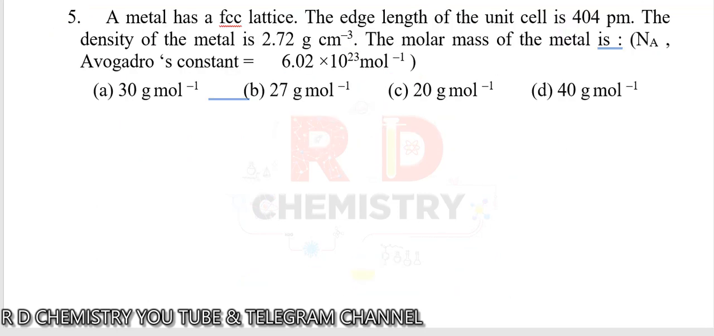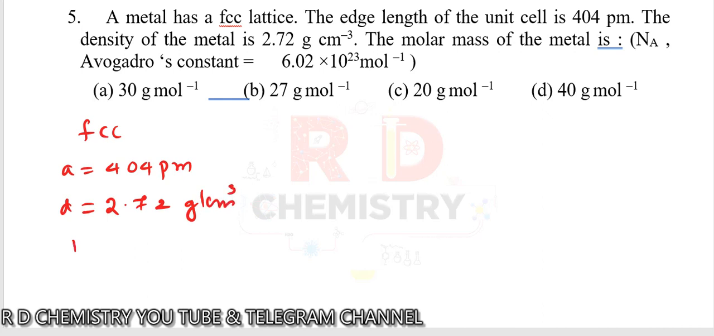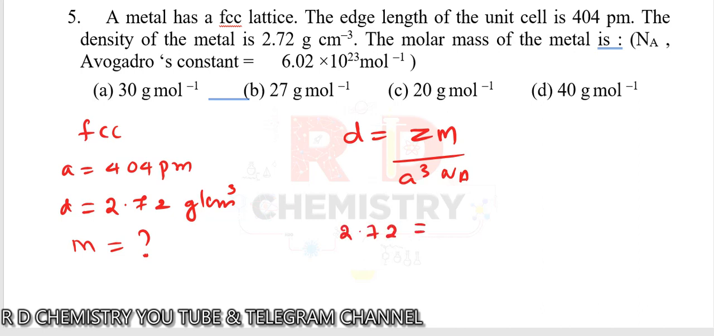Question number 5. A metal has an FCC lattice. Edge length a is given, equal to 404 picometers. Density is given, equal to 2.72 in terms of gram per cm cube. Molar mass we will have to calculate. What is the formula, students? Density d is equal to Z M divided by a cube N A. Density is given 2.72. Z value for FCC, you know, is equal to 4. Metallic lattice. So 4 into molar mass, which we have to calculate, divided by,